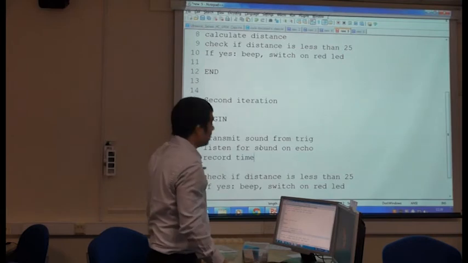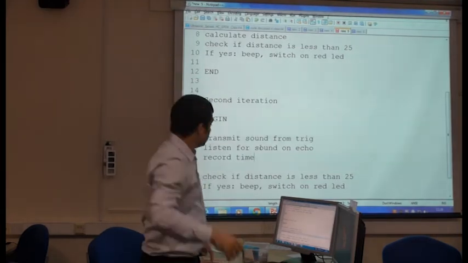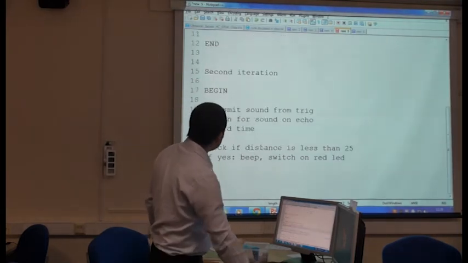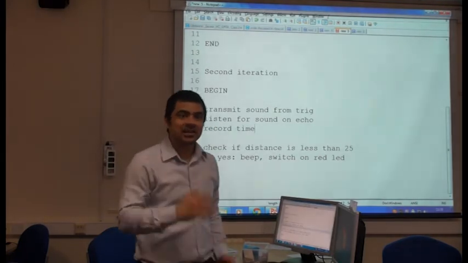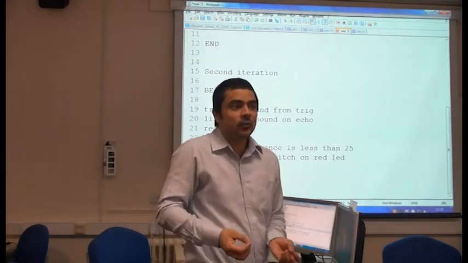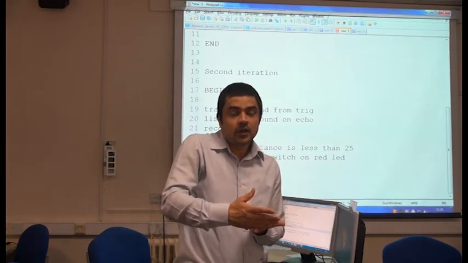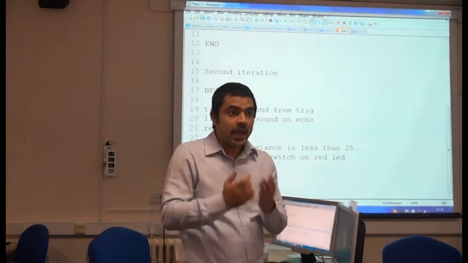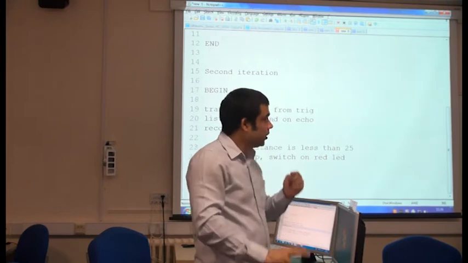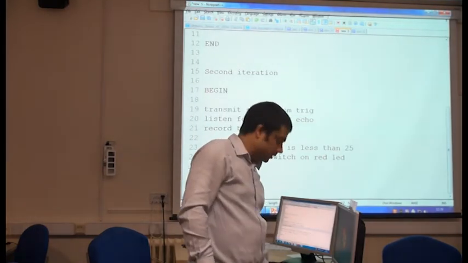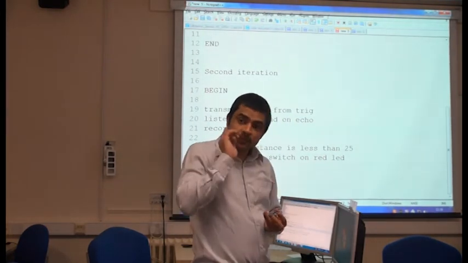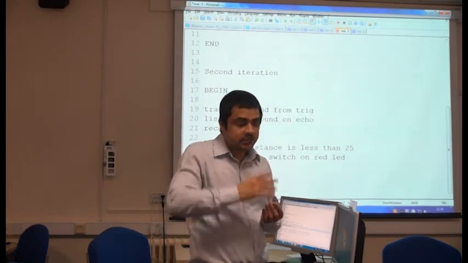Is line number, can you see it from the back? So line number 19, 20, 21, is that clear? So this is a more detailed way of calculating the distance. And again, I want to focus on two things here. We want to learn how the ultrasonic sensor works, but the other really main learning outcome is this process actually,